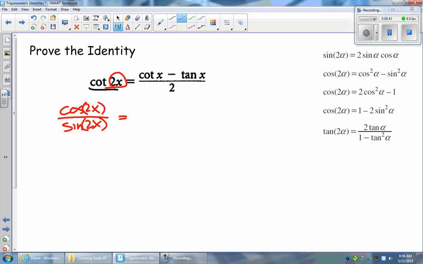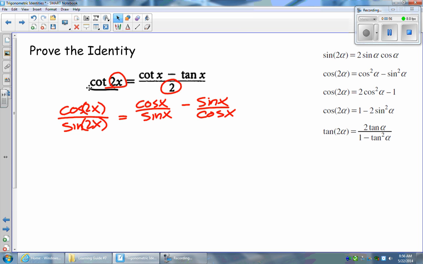Looking at the right-hand side here, cotan x will be cos x over sine x, minus tan x, which is sine x over cos x. So that's another reciprocal identity. Now on the bottom, we are dividing by a 2. But that is the same thing as multiplying this whole binomial by 1/2. So sometimes it's a little bit easier, instead of having a stacked fraction or a complex fraction, to just multiply